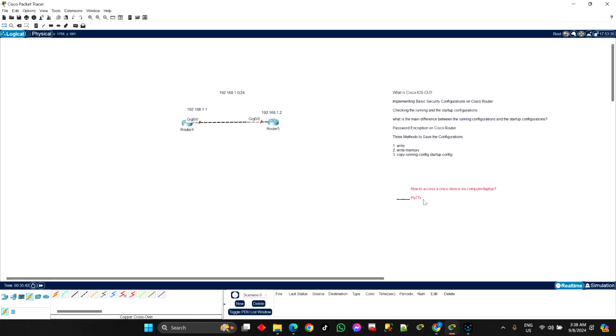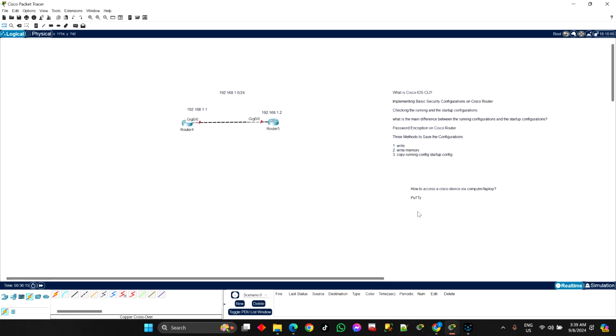We can download this PuTTY for free from the internet and configure it on our laptop and then connect the devices to our laptop. To connect the devices to our laptop, we are using a cable called